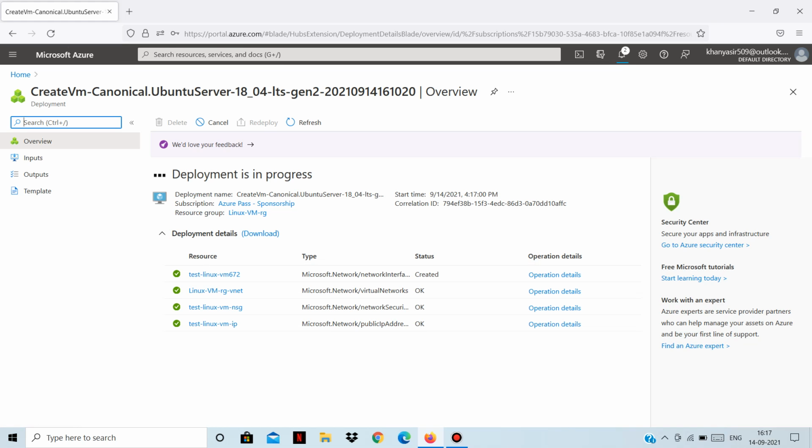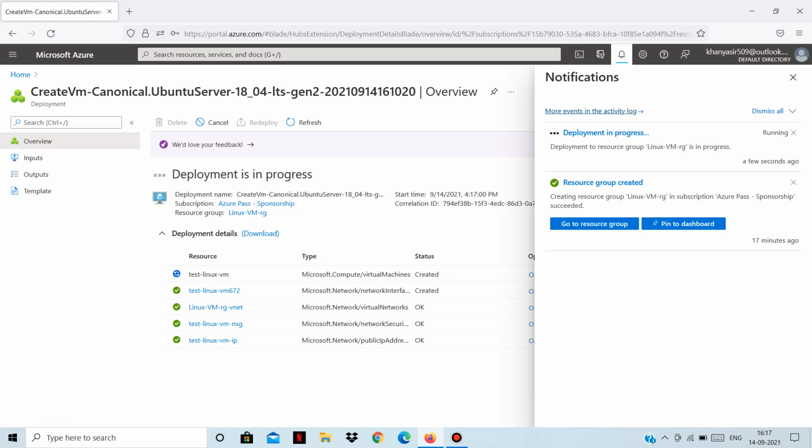Both times, I have shown how to create a virtual machine using the Azure portal. You can get similar commands to deploy your resources using Azure PowerShell or the Azure CLI tool also. Okay, so you can see the notification here. I had created the resource group already, Linux VMRG, and in this particular resource group, I am deploying my Linux VM.